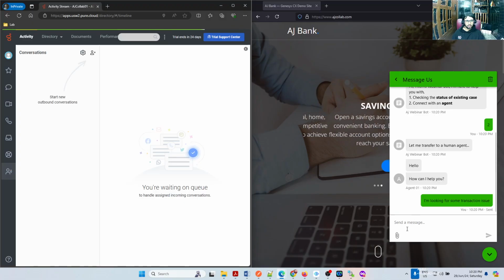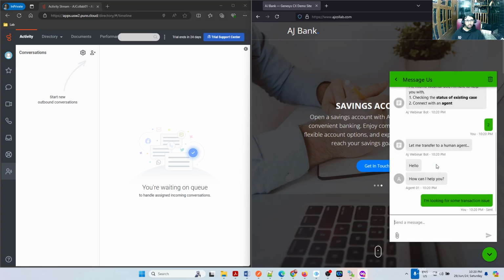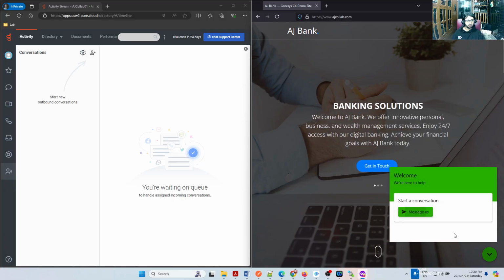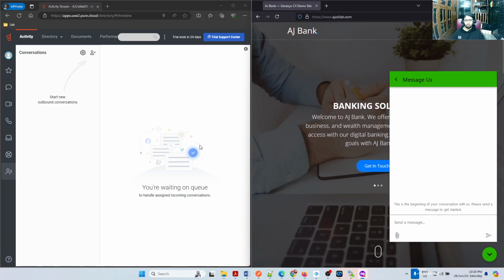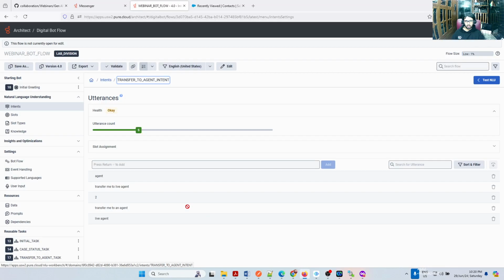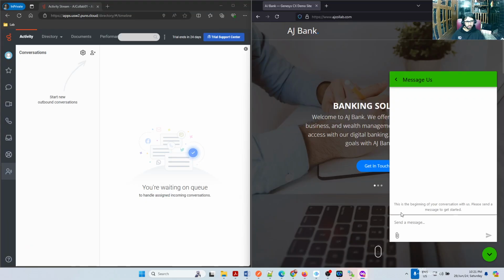Now I will also test the other option, to see why it is not moving there. So my utterances, again we will review what utterances we gave. Agent is there, so it should work with this utterance, agent. Or let me try this, transfer to a live agent. Okay, so that's the utterance I'm going to try.